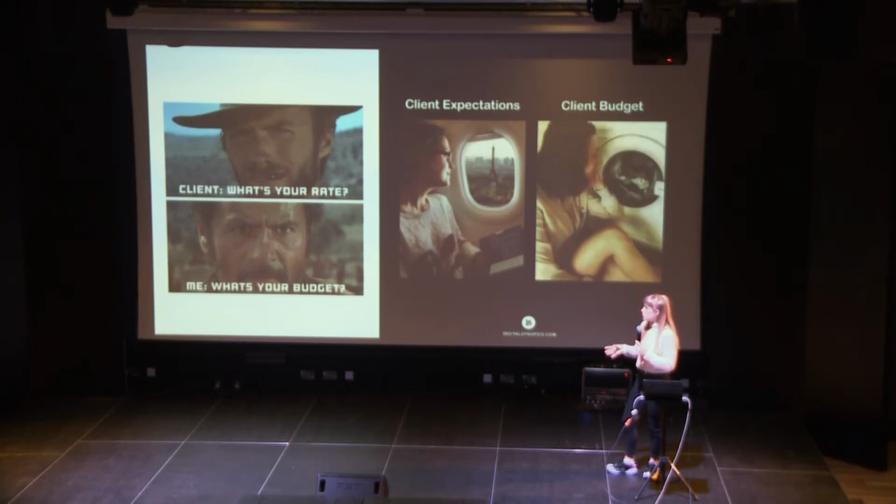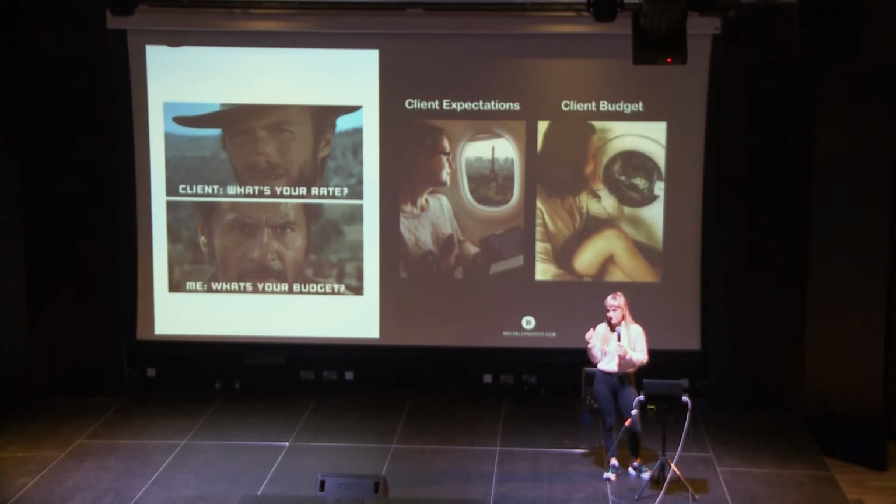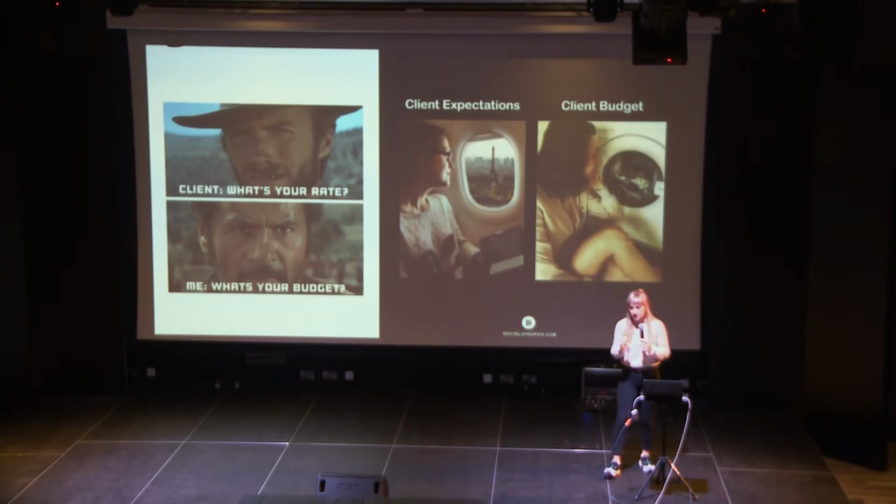The basic formula for figuring out how much you're supposed to charge is materials plus the cost of your time plus your profit margin. I get quite a lot of people saying to me that they're not necessarily that bothered about making a profit margin on their work. They just want to be paid back for their